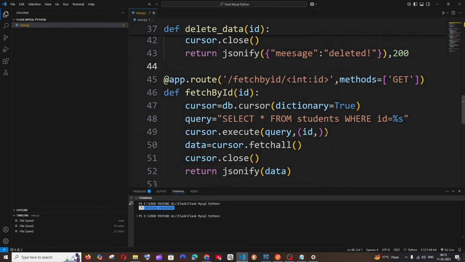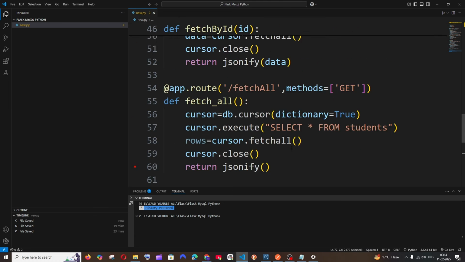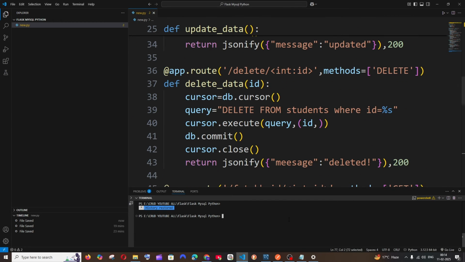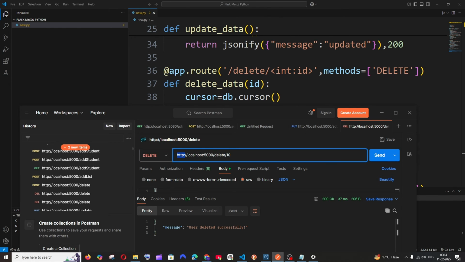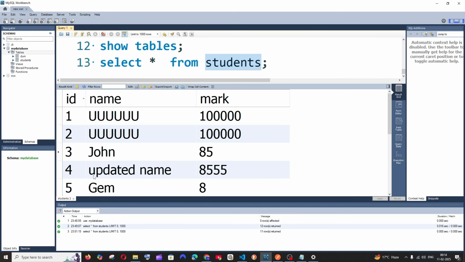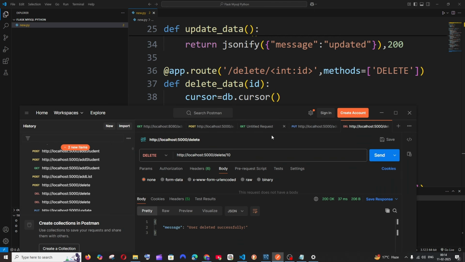Now save it and make sure that you're also having these things. Yeah, that's fine. Let me go here, and for starting it's going to be python your file name dot py. That's it. It has started on localhost 5000. Now go to Postman and make sure that you are changing this to DELETE, and it needs to be http://localhost:5000, and the path is delete, and we can have the body as none. We don't need anything, and here you need to pass the ID. In my case I will go with 4. It has this value now, so rather than 10 I will put 4,